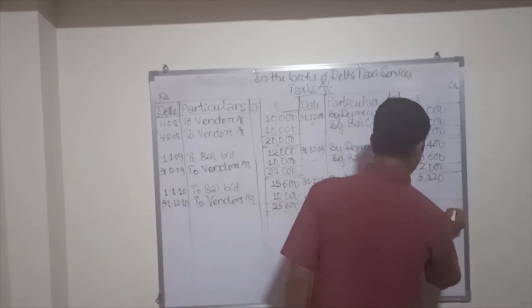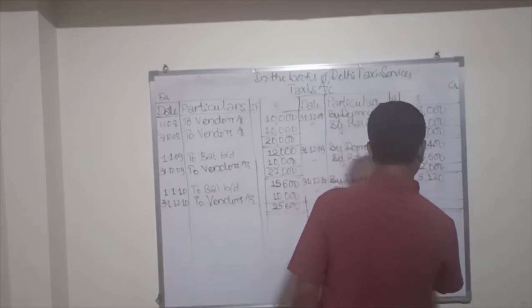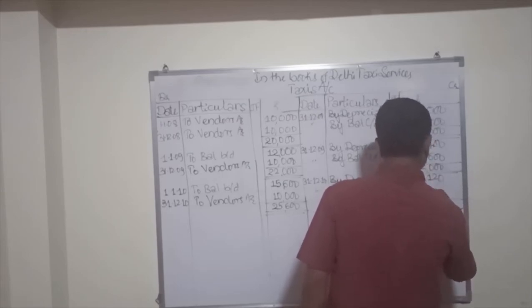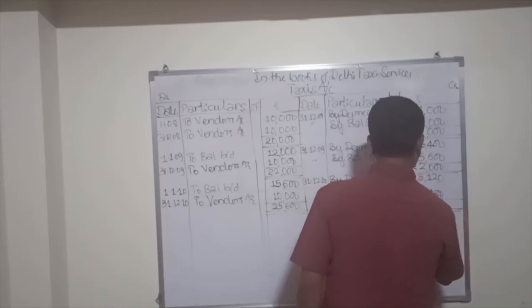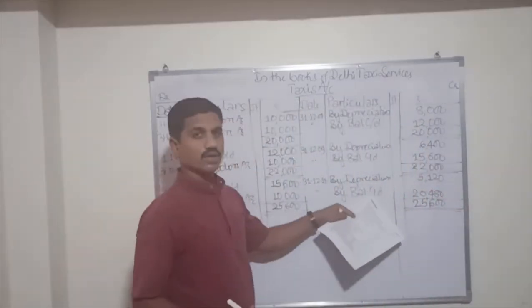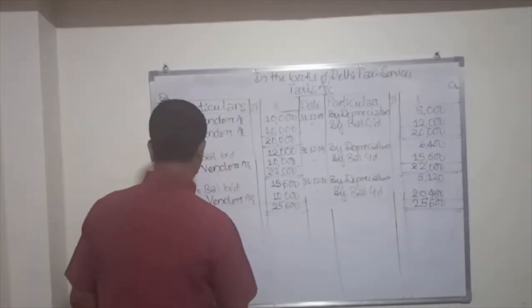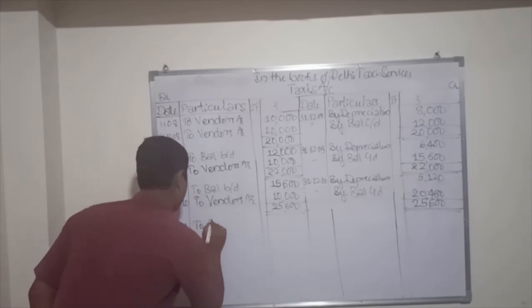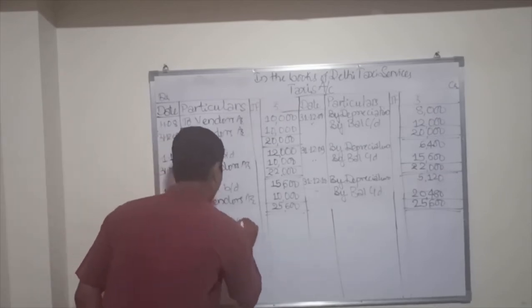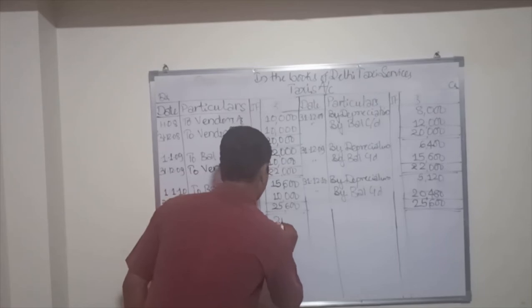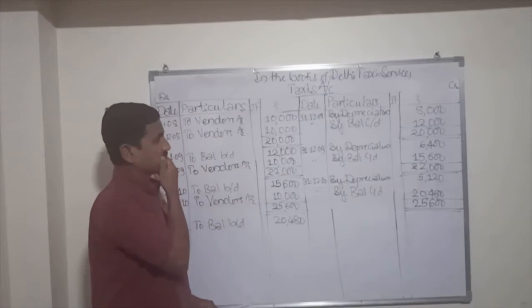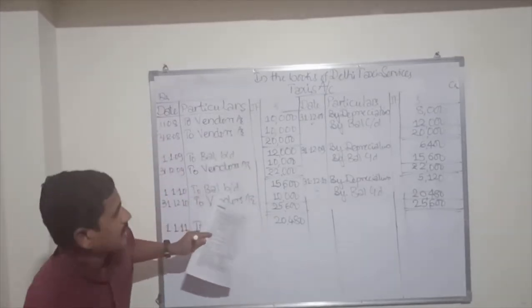So take the sum of this here. Same here, 25,600. So the difference here is 8 plus 2 is 10, carry 1, 1 plus 1 is 2, 2 plus 4 is 6, 0 here. So 20,480, which we have gotten in the higher percentage chart also. So on 1/1/11 this should be brought down here. That's all. So to balance brought down 20,480 rupees. So this is how we should prepare the asset account.